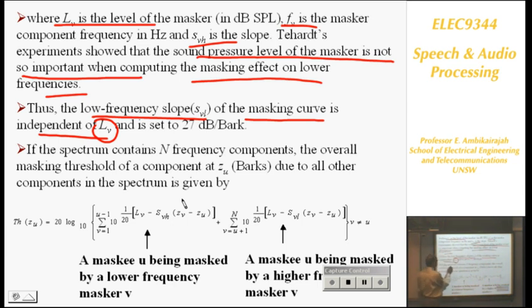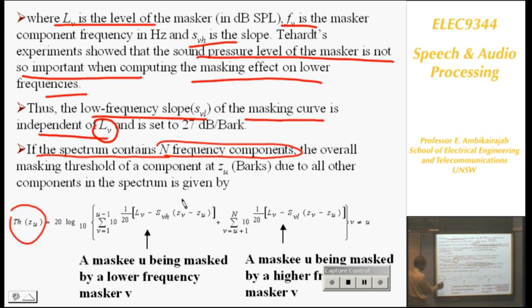So if the spectrum contains n frequency components, so if you take n filters, so n frequency energy in each band, similar to your mini project, you calculate energy for each band. Now you got that. From that, you can use Tahr's equation to find the masking threshold. So Tahr says the masking threshold at one particular frequency U is equal to the masking contribution of all the